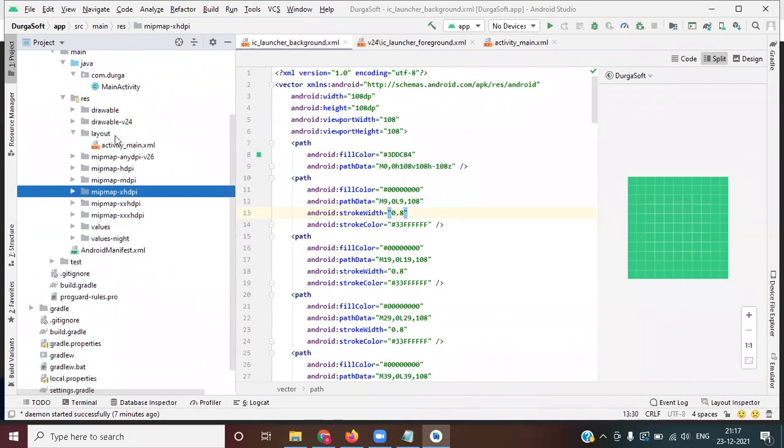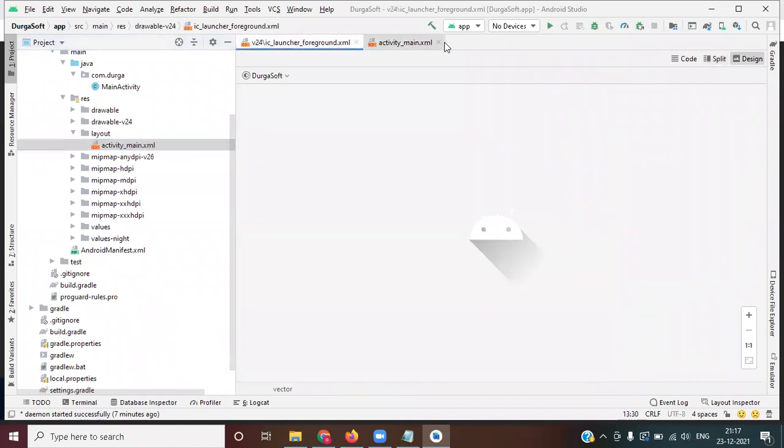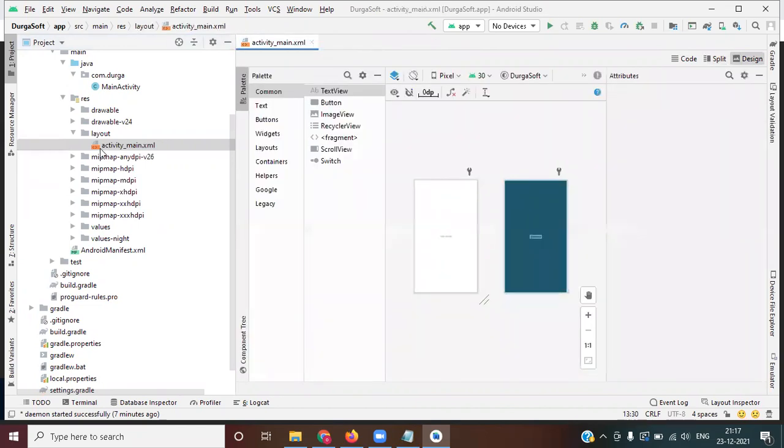Okay, so next, what is XML here inside the layout? In your project, the layout folder is completely for front end XML files. During our introduction, I said that we are going to discuss XML, right? XML is a front end.